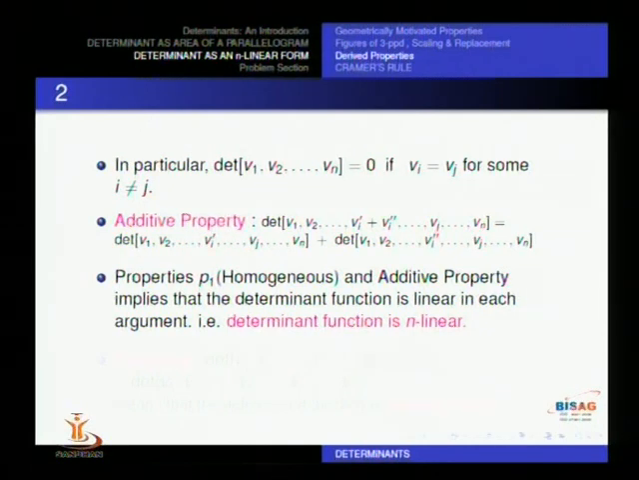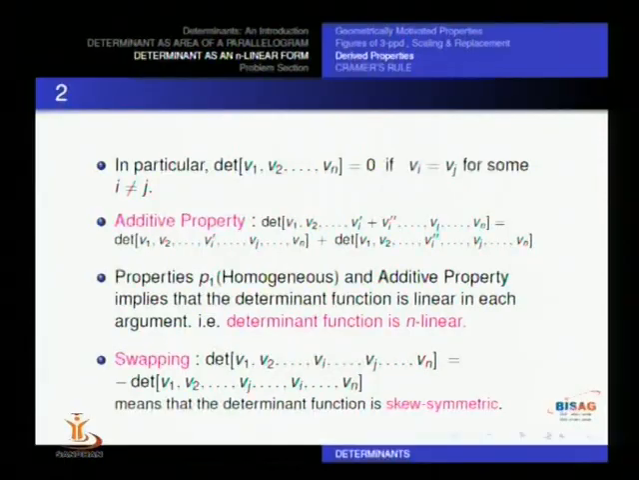And that's why, because in each column we have linearity, it is called n linear. If 2 by 2 determinant, then it is 2 linear, 3 by 3 determinant, then 3 linear. In general, for an n by n matrix, the determinant function is n linear. That means linear in each column, or linear in each of the n variables. Another very interesting property is swapping. If you interchange two columns, if ith and jth columns are interchanged,